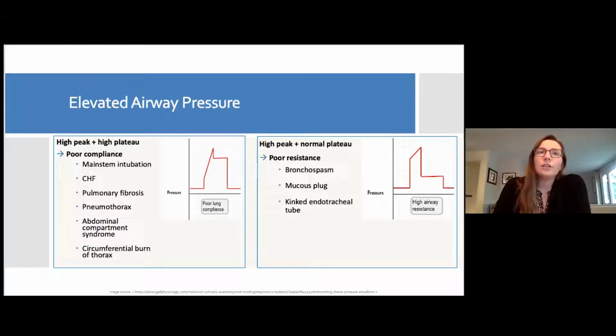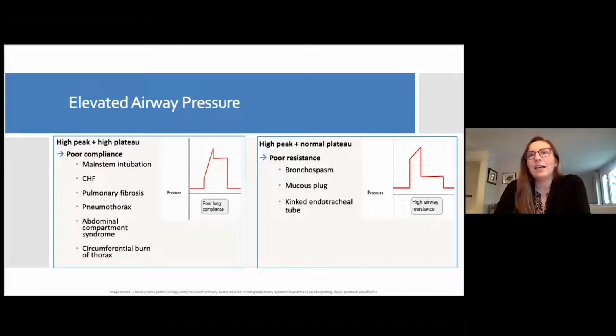Heart failure, pulmonary fibrosis, pneumothorax, abdominal compartment syndrome, circumferential burns of the thorax. There's a number of different things. This is not an exhaustive list that can cause poor compliance and therefore a high peak pressure and a high plateau pressure. On the other hand, if we had a high peak pressure but the plateau pressure was normal, this